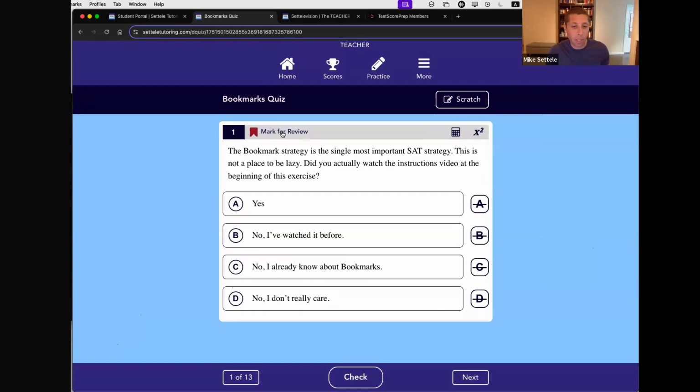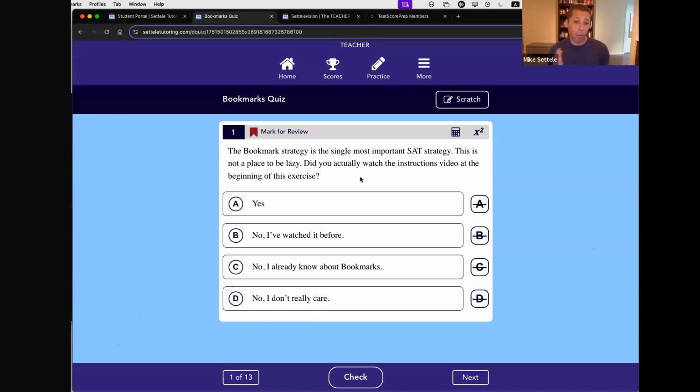We want to basically use this button right here, this mark for review button, to indicate when we are not sure of an answer. And that video at the beginning will explain this in much more detail, but we are going to use this tonight. I'll talk about it as we go through some questions. Basically, we want to make sure that if we get something right by accident, we still review it with some video like I've got for most questions, or you ask me if you're confused, you can chat me about a question. But that's a great way to basically double the amount of practice you're getting.